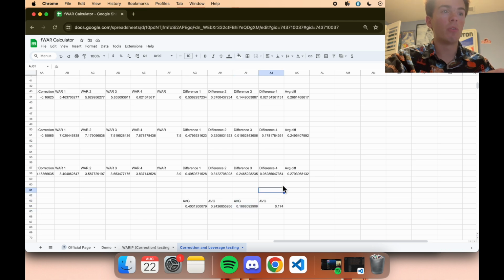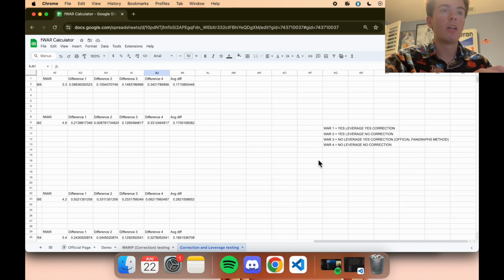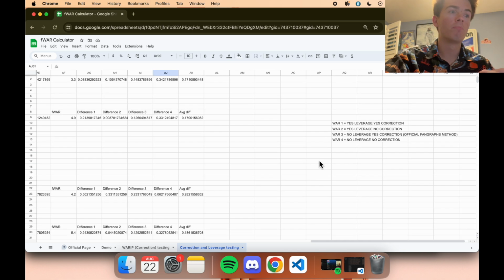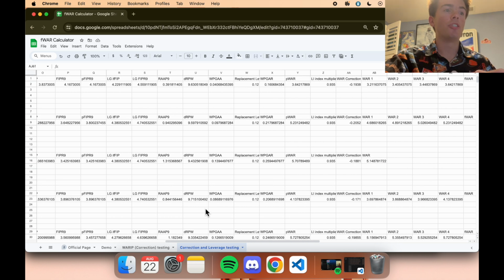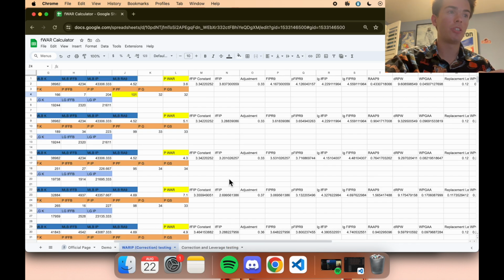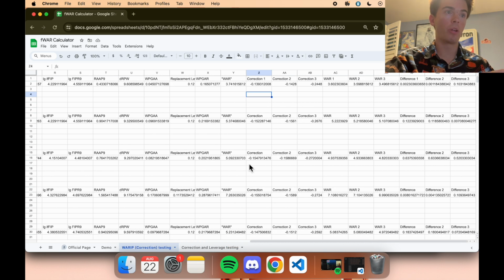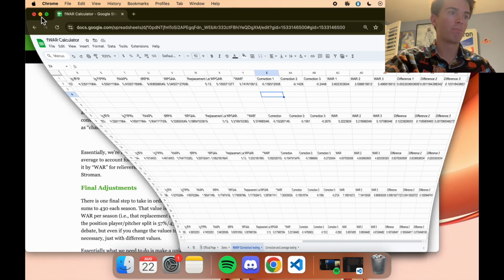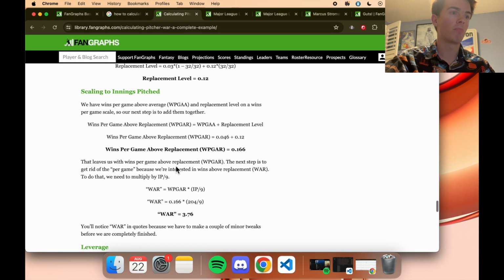Second most accurate was not using either leverage or correction, which I found interesting. So yeah, that's leverage and correction. This was more fooling around with the correction and the value of a correction, because on the official Fangraphs website,